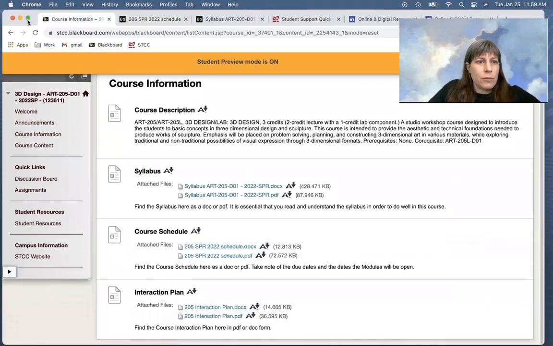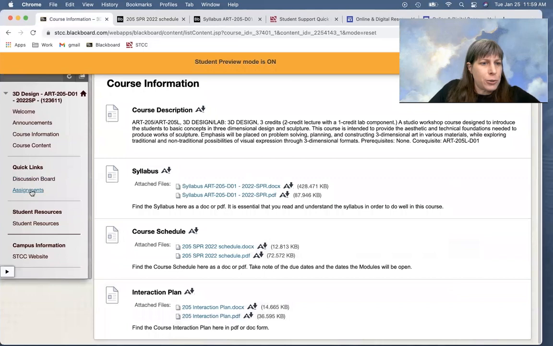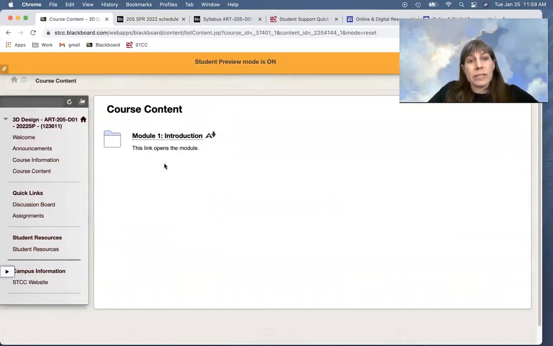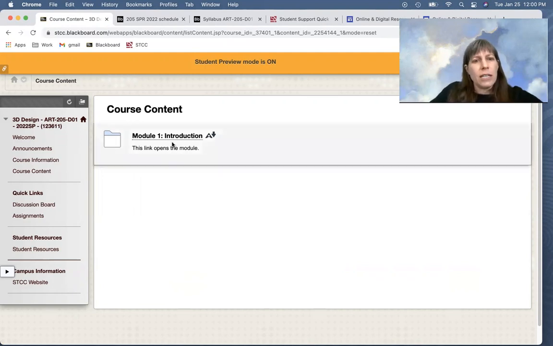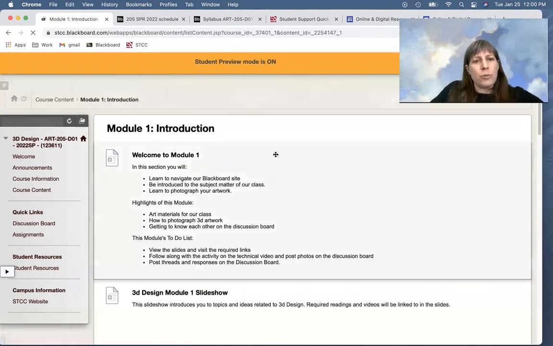So moving along to course content. The course content is where the class is, okay? Our class is made up of a lecture component and a lab, but I kind of put them all together so that you don't have 2 Blackboard shells to look at. So if we go to module 1,